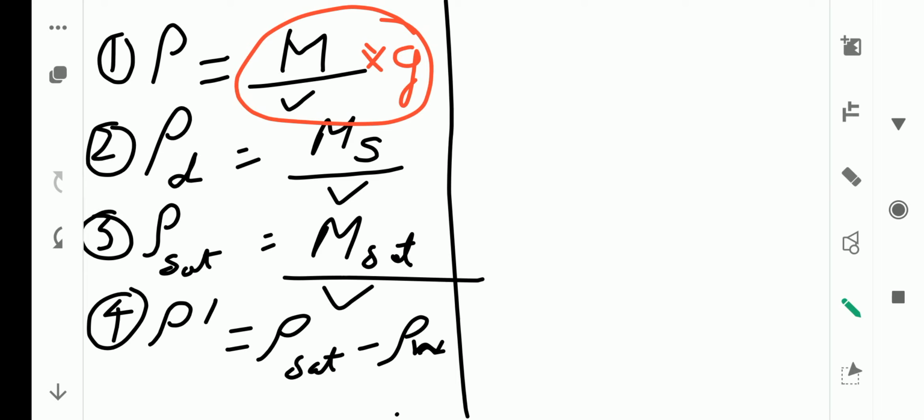So what I mean to say is, instead of defining the density in terms of mass, we want to define it in terms of weight, right? The symbol will change, the name will also change. So let us see. This number 1 is bulk mass density, but if we want this to be written in terms of weight, we will have to write this.